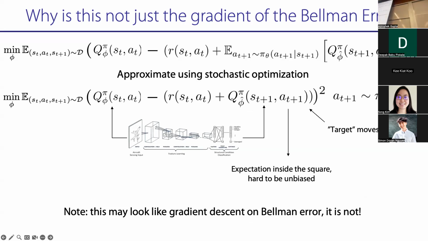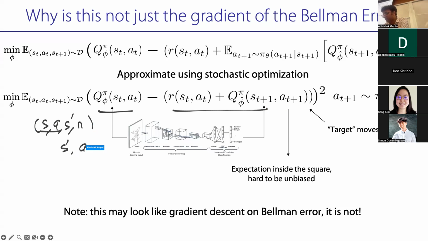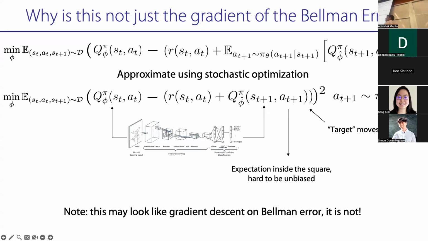We'll cover this in a little more detail in the future. But generally, if you want to implement off policy RL, what you're going to do in your homework is take in any tuple of S, A, S prime, R. You're going to construct the left-hand side from S and A, the right-hand side from S prime, and then sample an A prime from your policy. And then you will just do gradient descent, but with a stop gradient on the right-hand side. That's off policy RL.